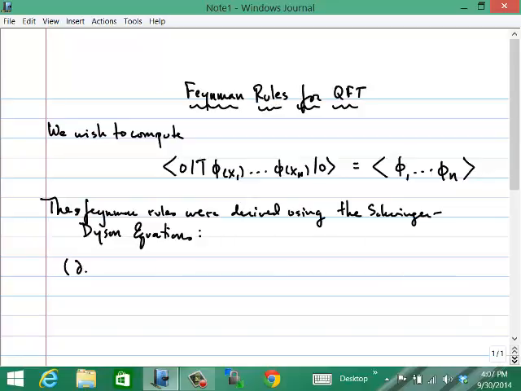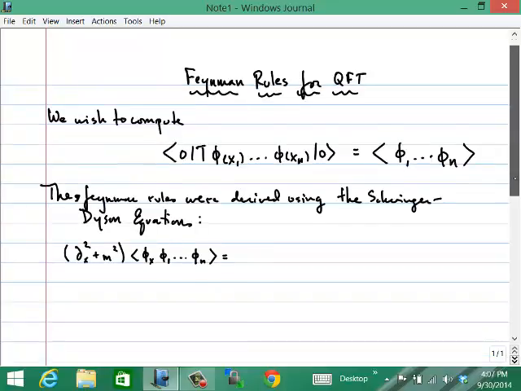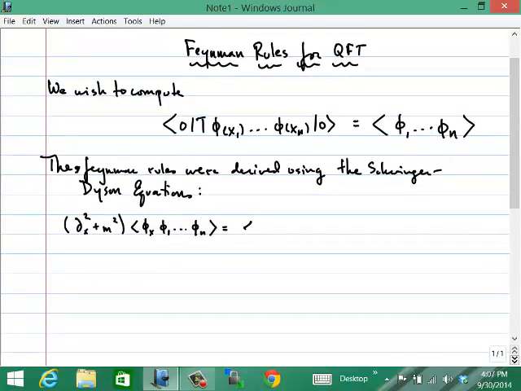And just to remind you of what these Schwinger-Dyson equations looked like, they said that if you take this Klein-Gordon operator and act it on some correlation function, some vacuum expectation value, where this Klein-Gordon operator acts only on the first field, and then you have a bunch of other fields going along for the ride, then what you get is one term coming from the interactions, an interaction term, which is what you would expect from the classical equation of motion,